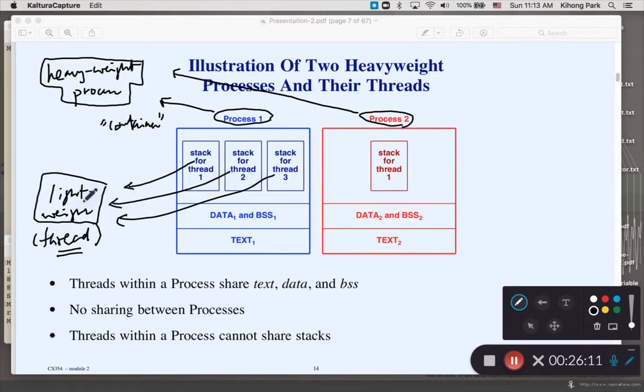In this case, these 3 lightweight processes are shown to share all data, be it initialized data, heap, whatever the case may be. They share data and share code. The only thing they are not sharing is their stacks. So this thread has its own stack, this thread has its own stack, this lightweight process has its own stack,